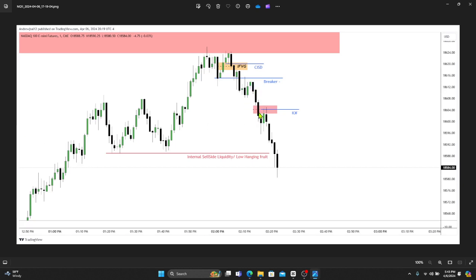We leave a small fair value gap here. The wicks and the bodies respect this gap. So this is your institutional order flow entry drill. And our target can be this internal sell side liquidity known as your low hanging fruit. Okay, so whether you get in up here off this breaker, more aggressive off this inverse, or this gap here for this institutional order flow entry drill,